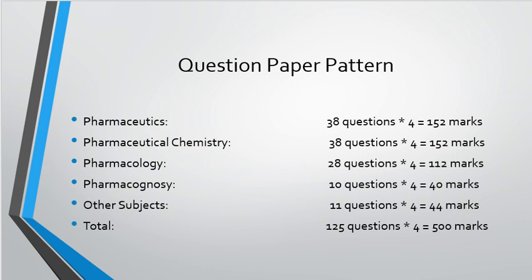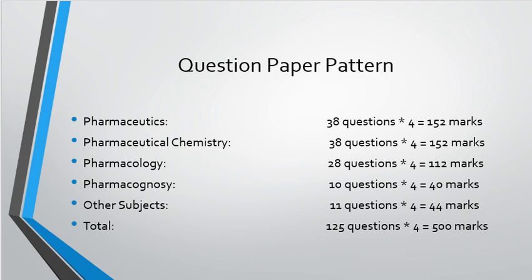So those 5 sections are as follows. The first section will be pharmaceutics, next is pharmaceutical chemistry, third is pharmacology, fourth is pharmacognosy, and fifth is other subjects. So this is how the 5 sections will be divided. And questions from pharmaceutics also means that in this particular section the questions will be from pharmaceutics, physical pharmacy, pharmaceutical engineering. So a particular subject name also means all the subjects related to that particular subject.